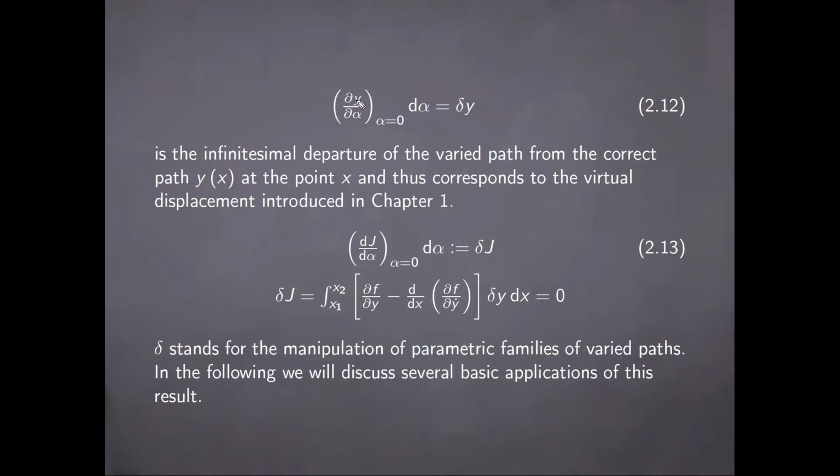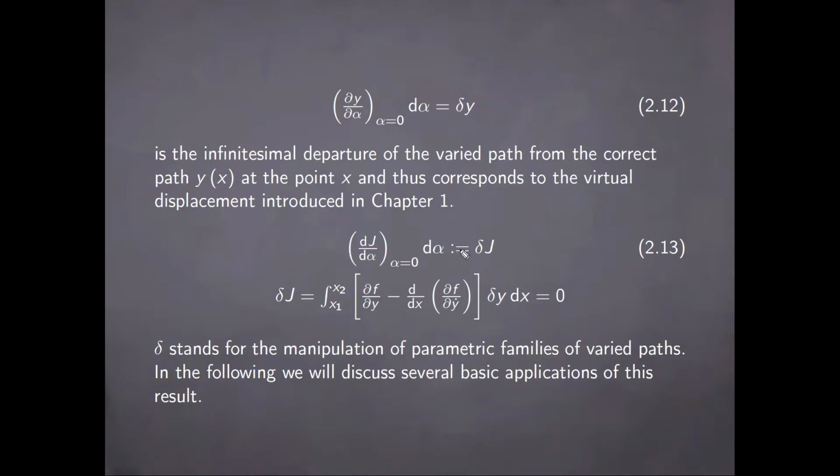And we will define the derivative of y with respect to alpha when alpha equals 0, multiplying the differential of alpha, as delta y, which is the infinitesimal departure of the varied path from the correct path y of x at the point x, and thus corresponds to the virtual displacement introduced in chapter 1. And with this definition, we can apply it